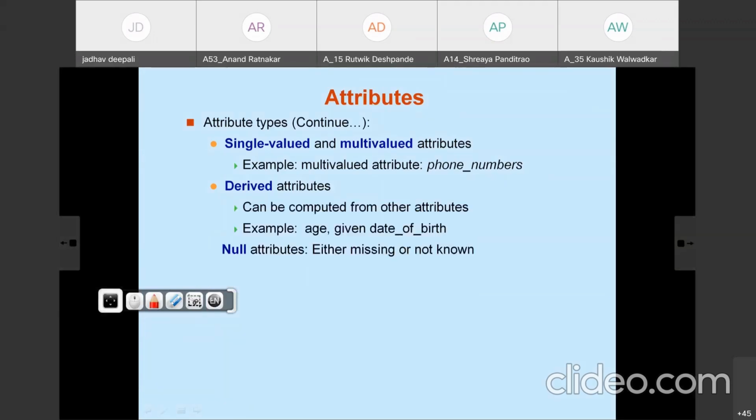Next, null attribute. The null attribute is either missing or not known. So when an entity does not have a value for it, then the null value is used. For example, it may be not applicable if the value does not exist. But if the value exists but it is missing or not known, in that case also a null value is entered. For example, when we consider the